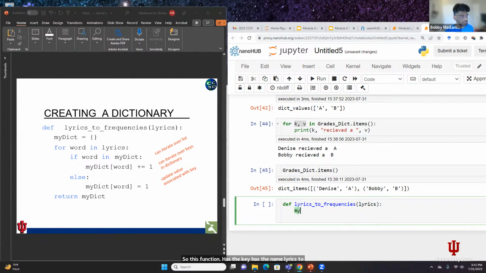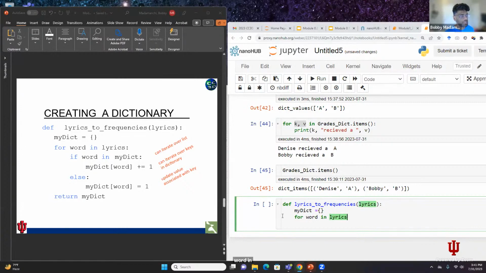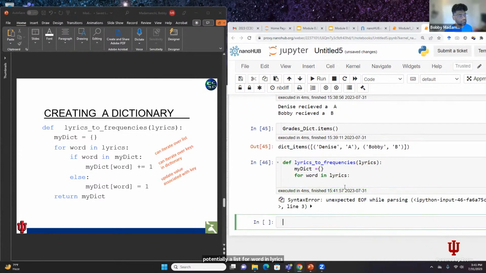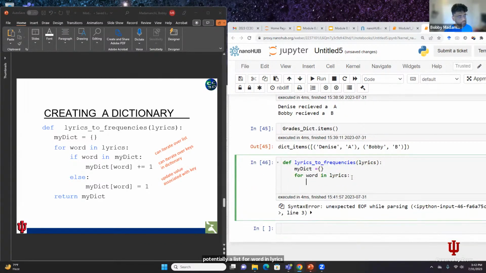Inside this function, there is an empty dictionary named my dictionary. And then for word in lyrics, where lyrics is some kind of collection, potentially a list, for word in lyrics, if word in my dictionary,